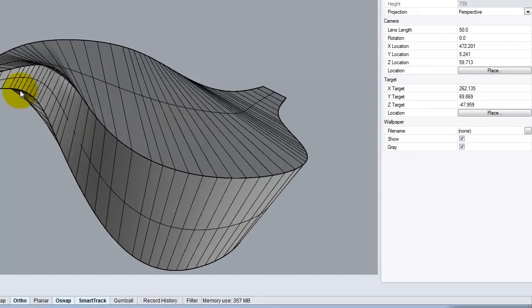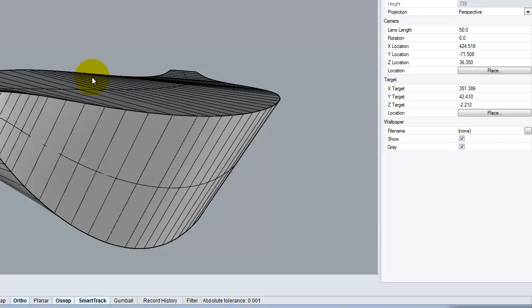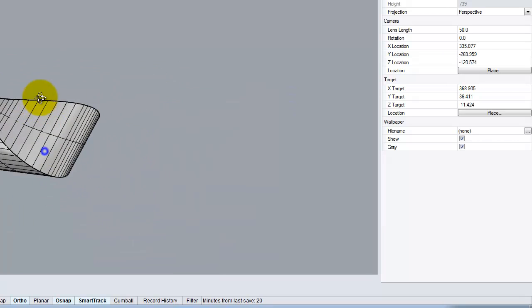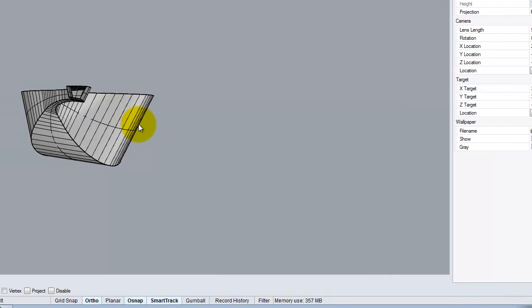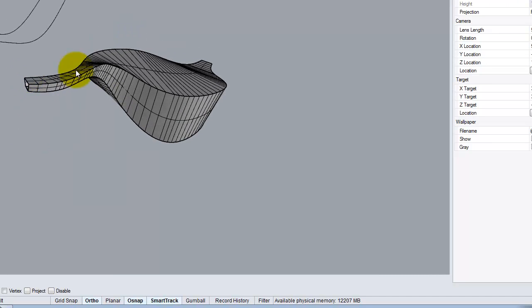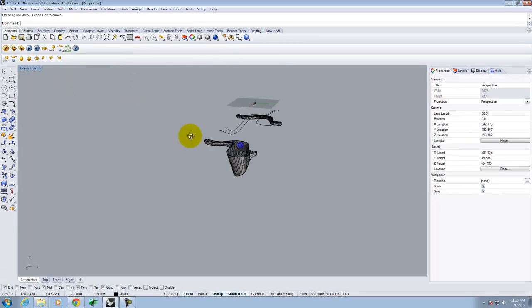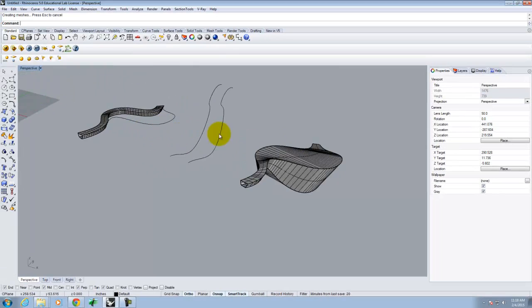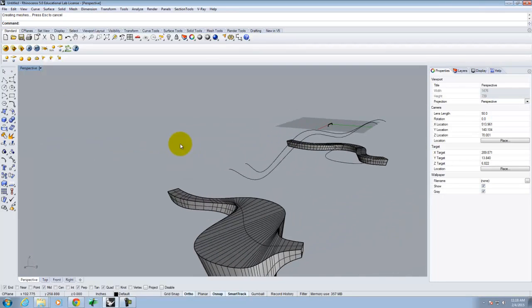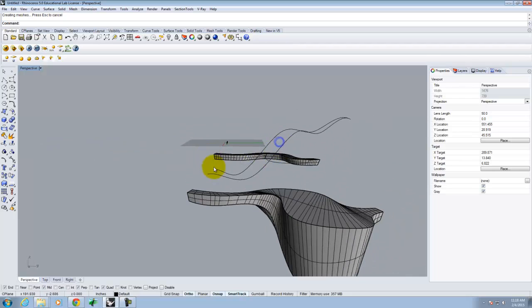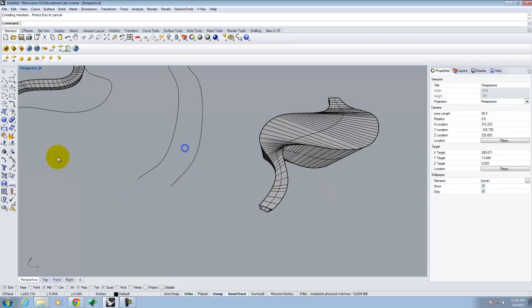Okay, so it's going to take this cross section curve, keep it consistent between both curves, and when I get over here into the place where the curves get further apart, the whole cross section gets a lot bigger. Does that make sense? So it follows the curves, and the object gets bigger or smaller, depending. So you could very easily create like a vase with this. I mean, there's a lot of flexibility with what you could end up creating with the Sweep 2. Okay. Likewise, this doesn't have to be something that's flat on the ground. It can be going up. So if I had a cross-section curve,